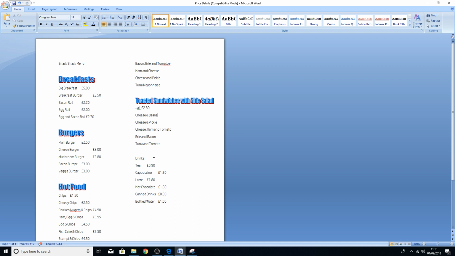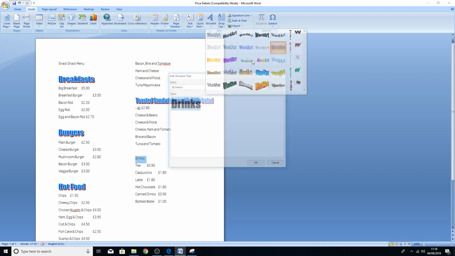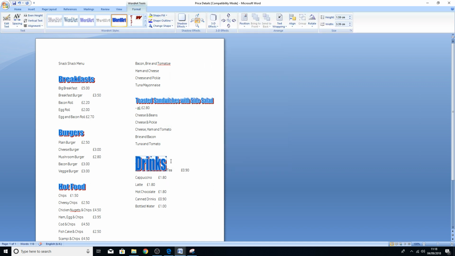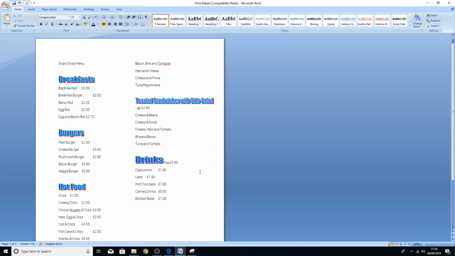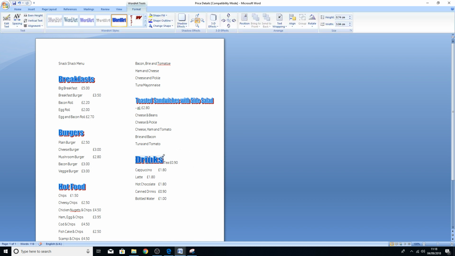Okay. And then do the same with drinks. And we've done all of them, really. So, as I say, it would have been quicker just to make them bigger fonts and make them bold and underlined and changing the color of them. But as I say, it's all about showing off what you can do. So, it is worth just spending that little bit of time